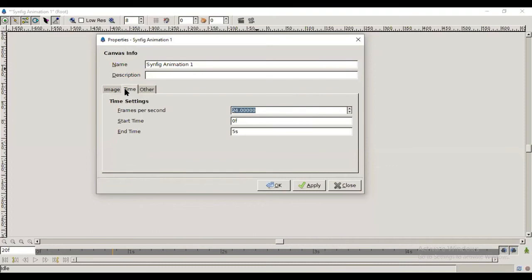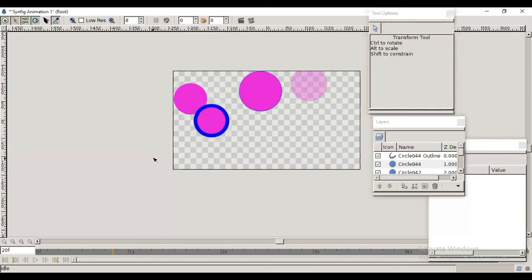Then time, here it is 24 frames per second, which means from here you can customize the speed of your animation. If you make it less, like 24 to 20 or 16, then per second those many frames will move only, so your animation will look slow. If you want to make it faster, then you have to give that value. If I take it 30, then the animation will become faster. So that decides the time duration of your animation.